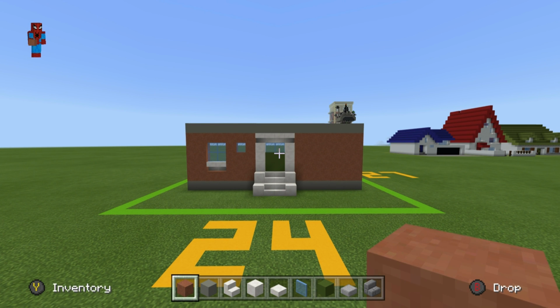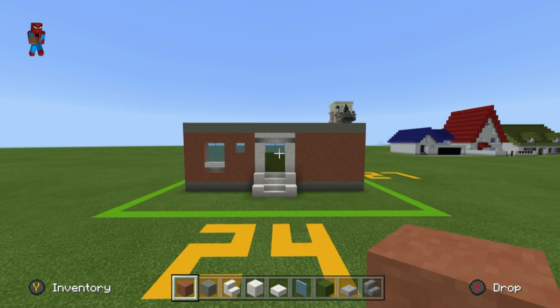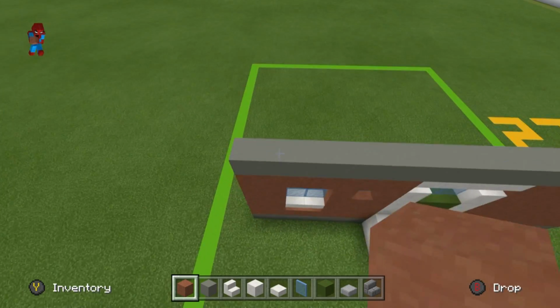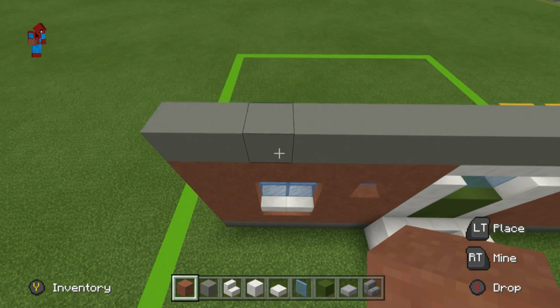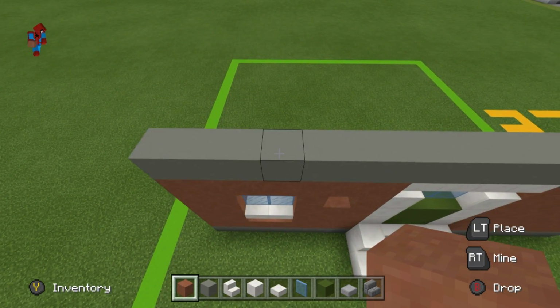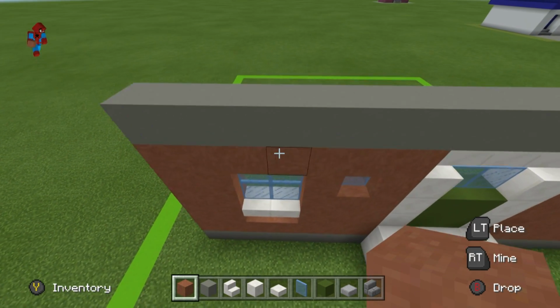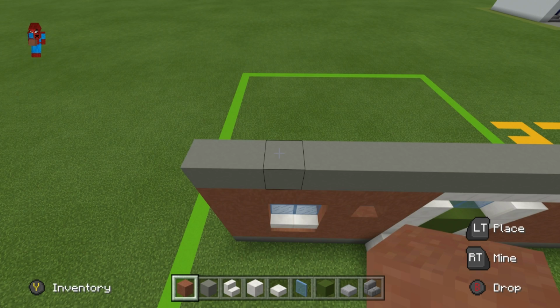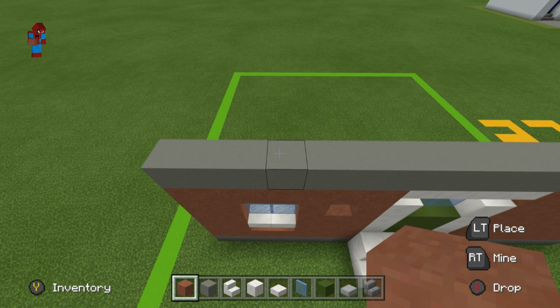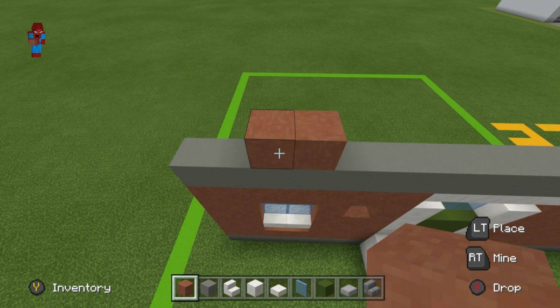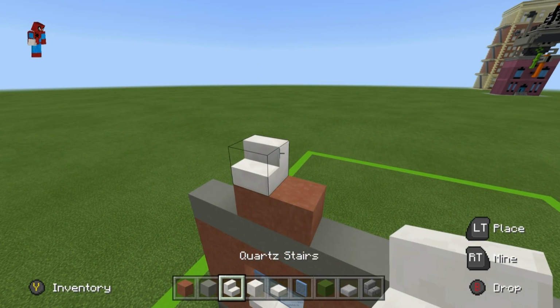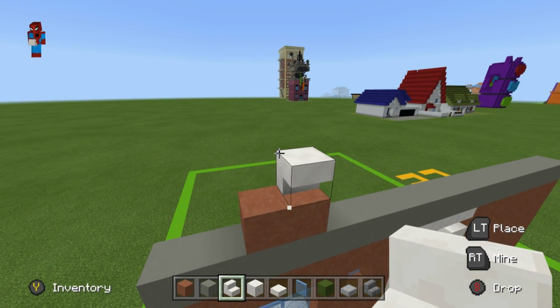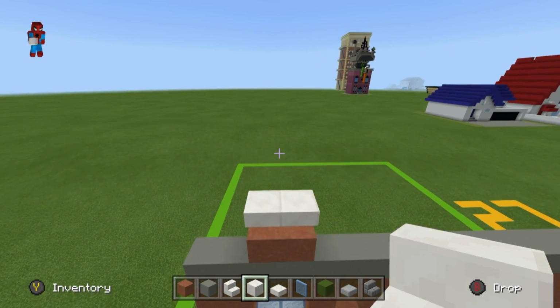So, right now, once you have done this, you want to come up above the window that you made. You want to be on top of these 2 light grey concrete, equal to where the window is down below, and this is important because we want to, on top of these light grey, place terracotta. On top of that, we want to place upside down quartz stairs. On top of that,